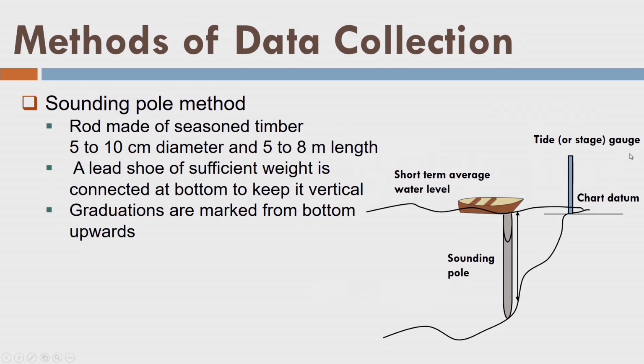Second is the sounding pole method. Instead of a rope, I am using a sounding pole which is 5 to 8 meters in length and has a 5 to 10 centimeter diameter. I am again approaching the buoys. The moment I reach the buoy at the XY location, I will drop down